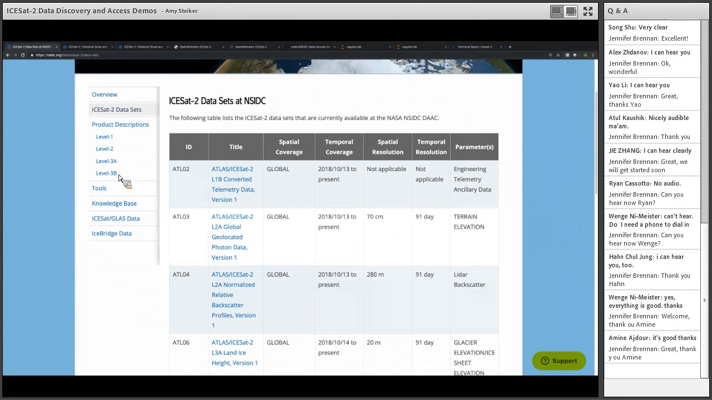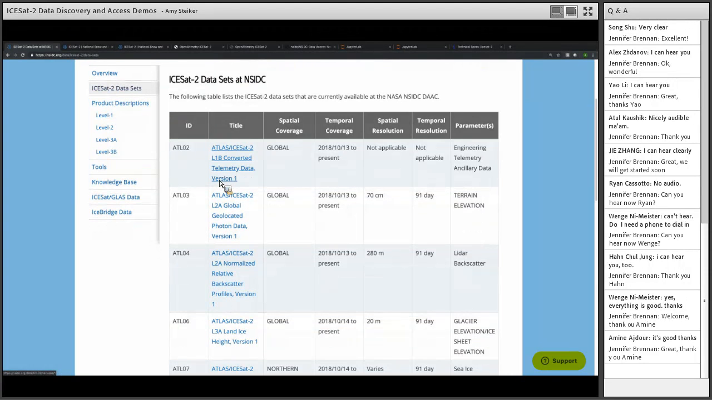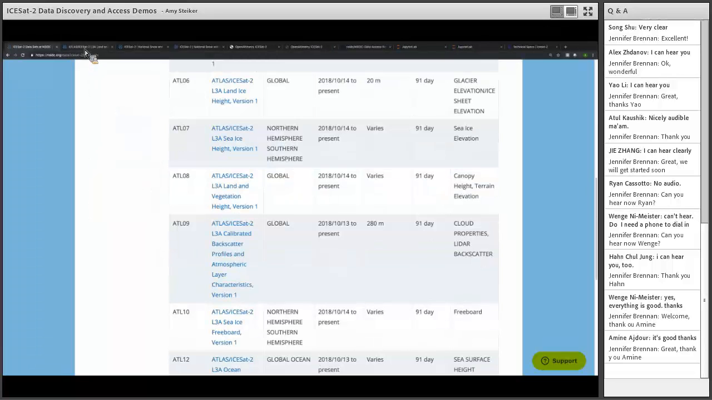But in the meantime, you can read about these under the product descriptions link here under level 3B. So if you want to get a summary of those, you can do that by clicking on that link. So I'm going to scroll down, and I'm going to be working with ATL08, which is the land and vegetation height data set. So I'm going to go ahead and click there, and you will land on the data set